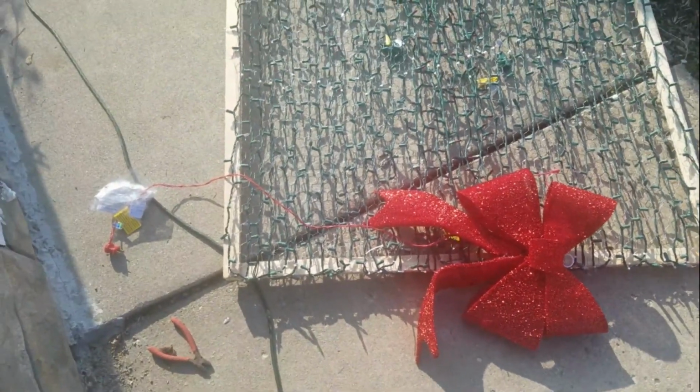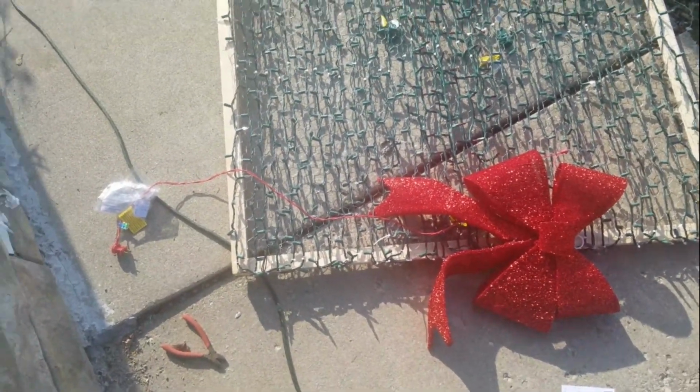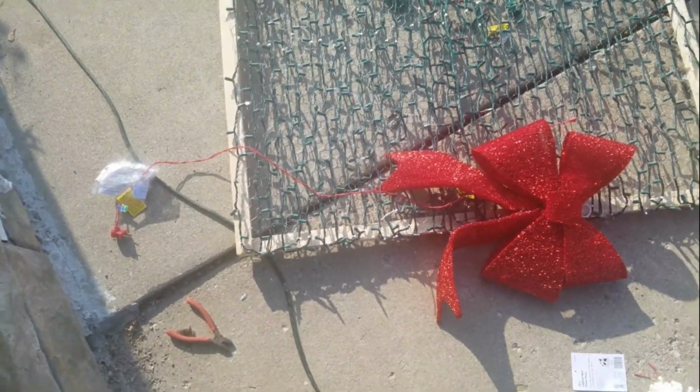That's a little better view. It's probably a 24-inch or so cord. So no matter what, as long as you've got a plug somewhere on your frame, you'll probably be okay. So the way I'm going to do this, the way I did the first one,